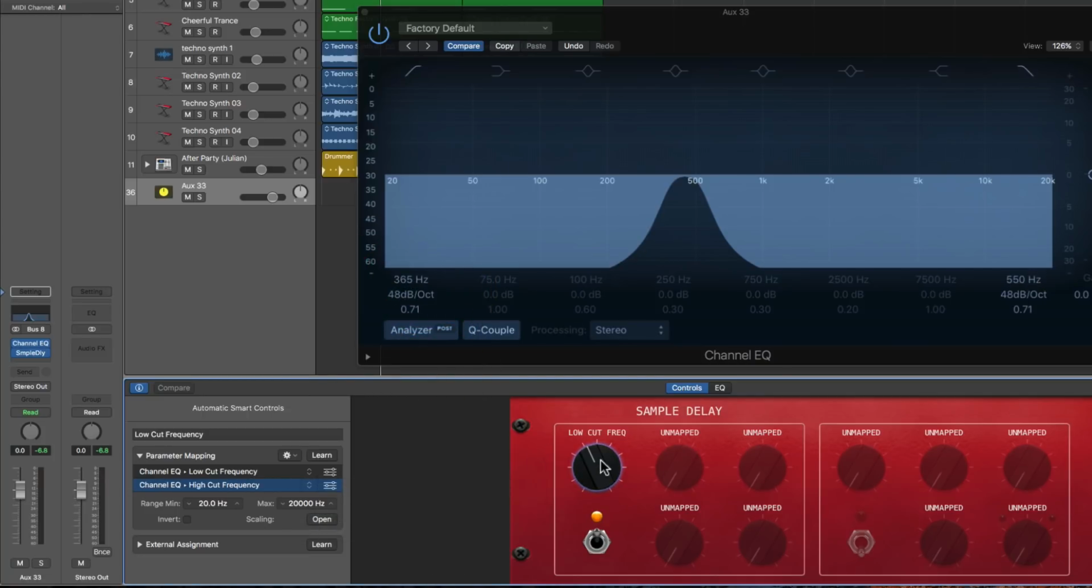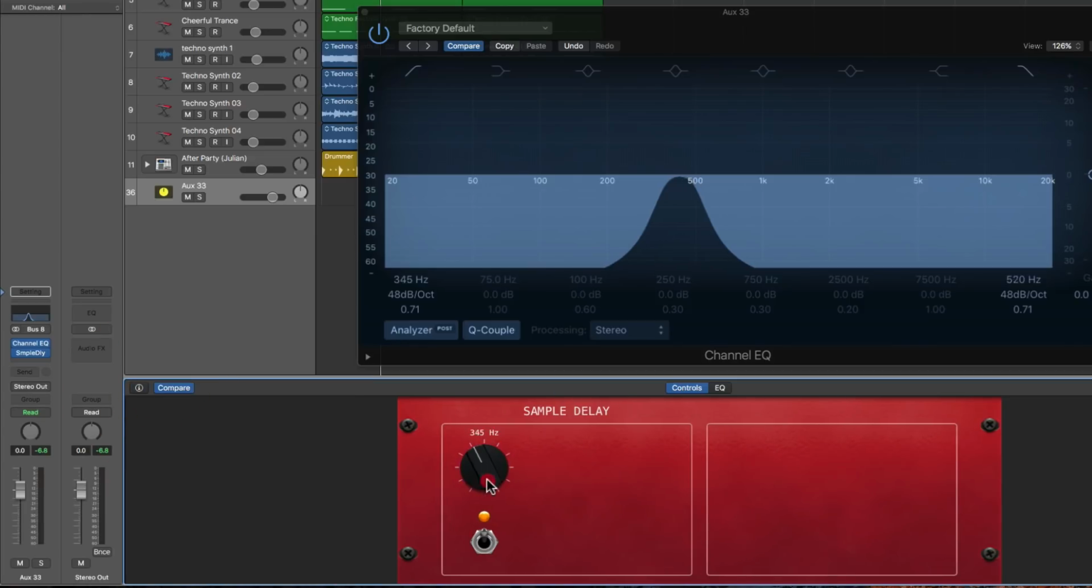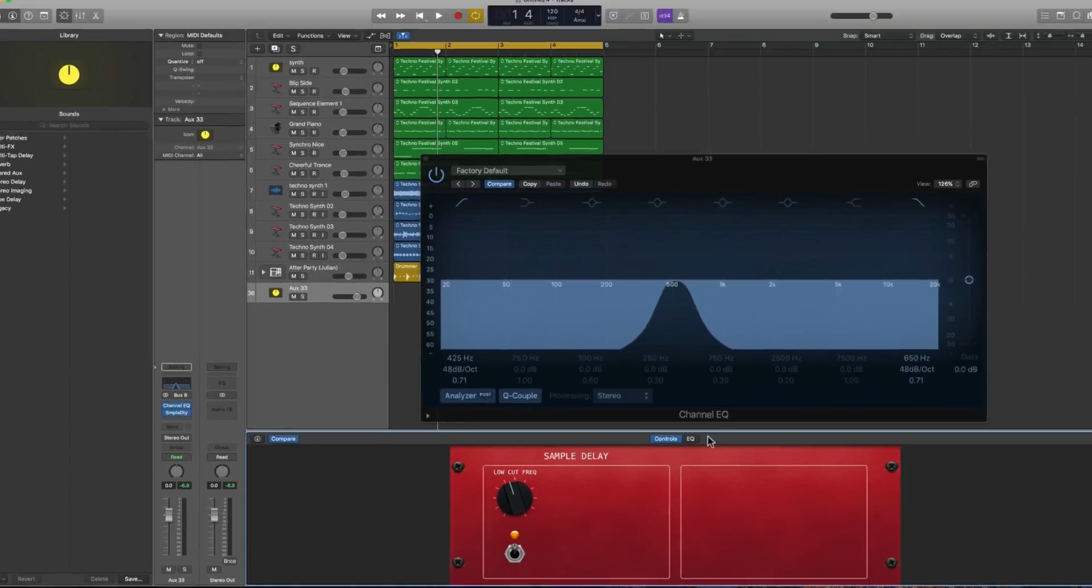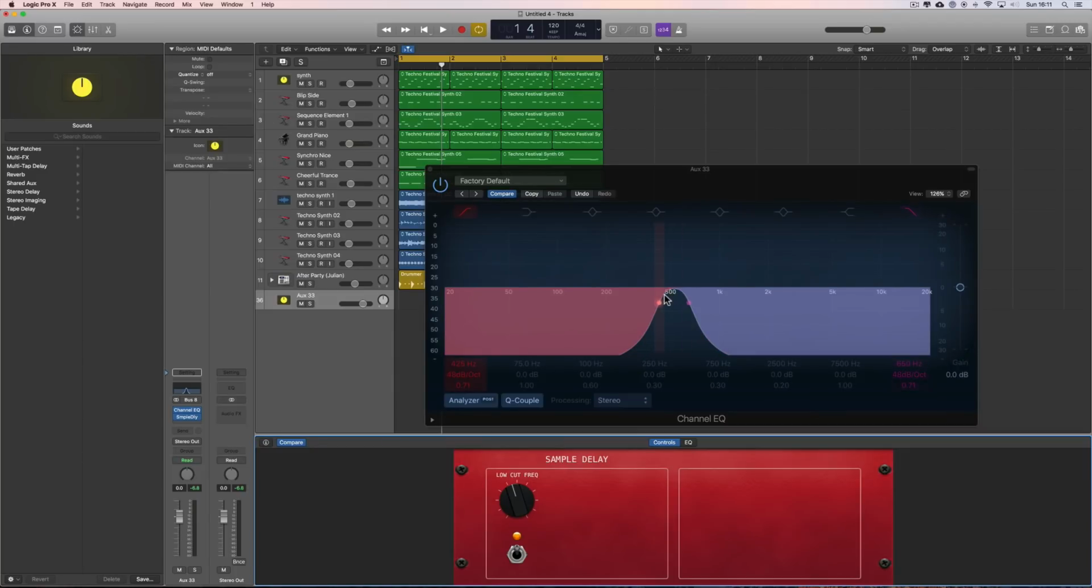Bam. So now this control pot is controlling the low cut and the high cut frequency. And now it moves them both at the same time, sweeping our bandpass up and down. Right? Wunderbar. Now, because we brought the low and high cut close together like that, you can widen it out or